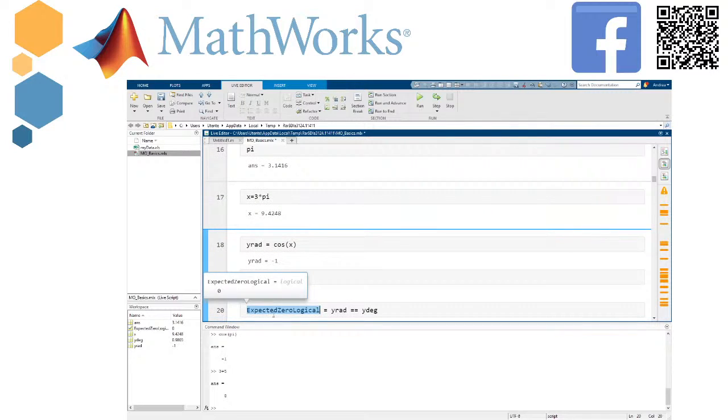Okay, it is called expected zero logical. It's just a name. I can call it anything as always, and it is equal to something. So this is the common way of writing down arrays like that, like that. They are all the same. But then I ask MATLAB,